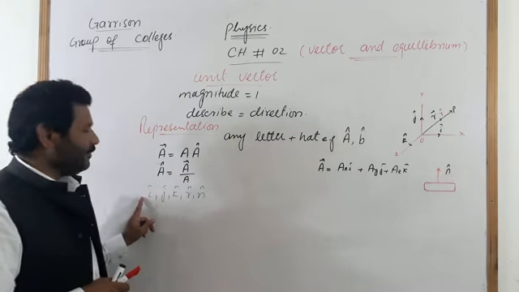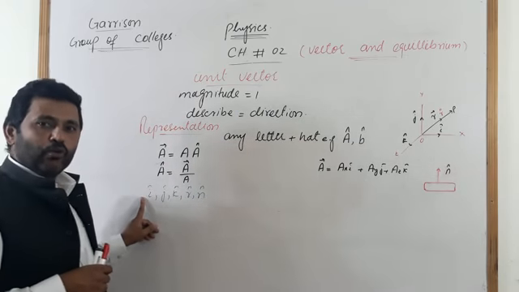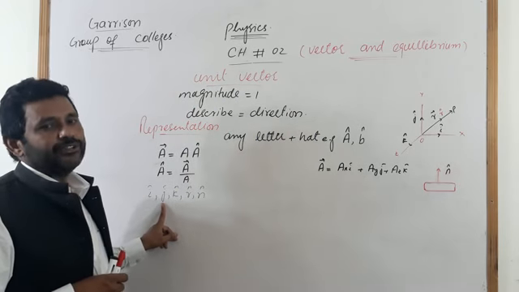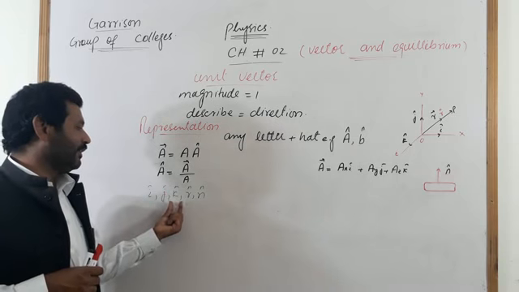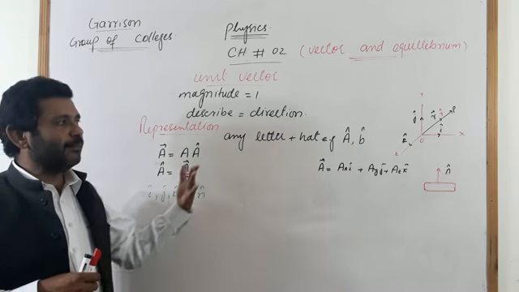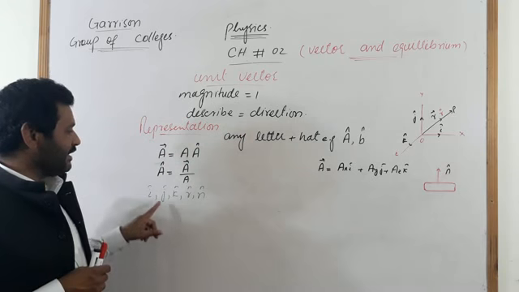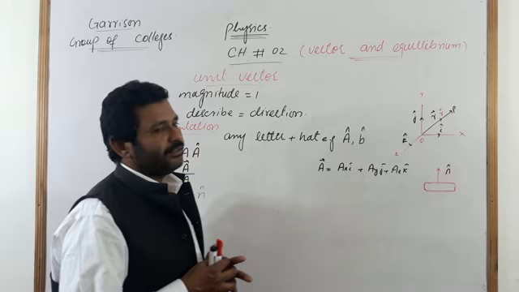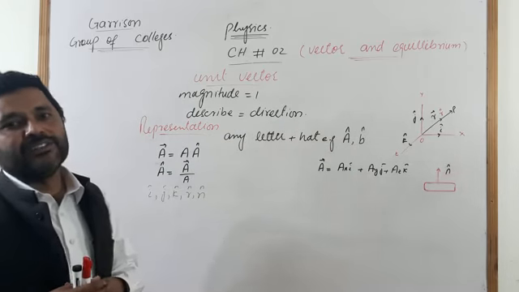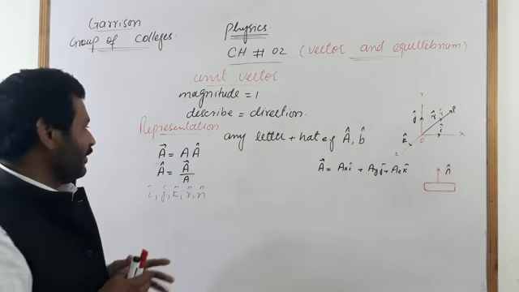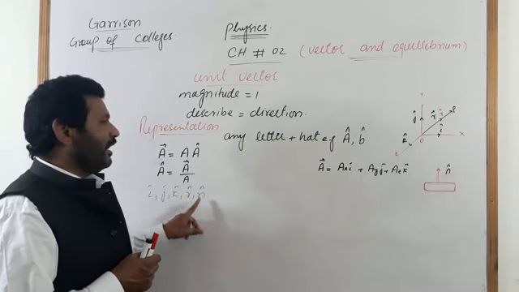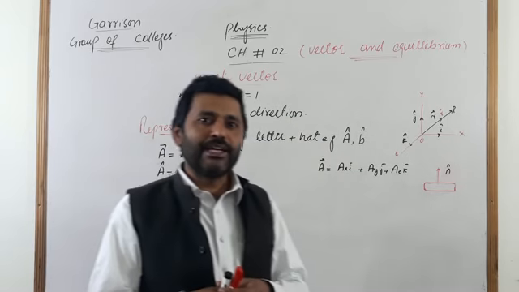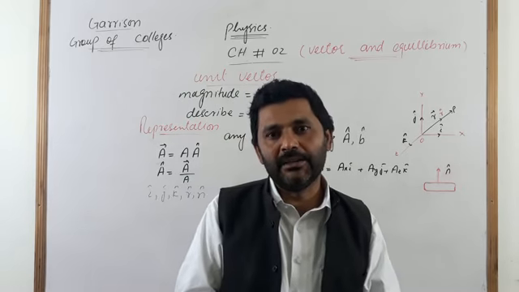So the I unit vector is used to describe only the direction along the x-axis. J unit vector is used to describe the direction along the y-axis. K unit vector is used to describe the direction along the z-axis. In a three-dimensional system, I, J and K unit vectors represent the specified directions. And R and N unit vector are also used for description of the directions of position vector and normal.